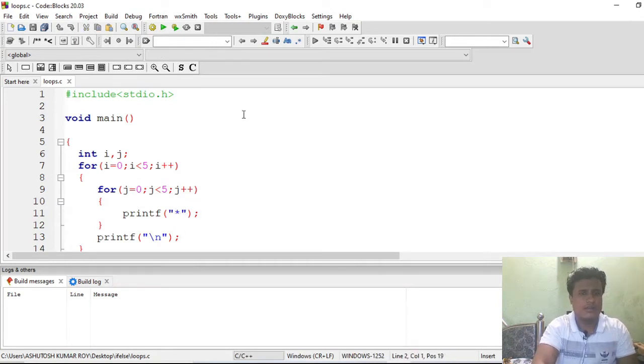Meaning 1 star will be printed, and then 2 stars, then 3 stars, then 4 stars, then 5 stars, like that. Okay, so let us see how we can do that. Now think about the logic. I have also given you some analogy of the nested for loop. Just use your intuition to design the logic. So how can we do that? First let me show you in OneNote how we can do that.